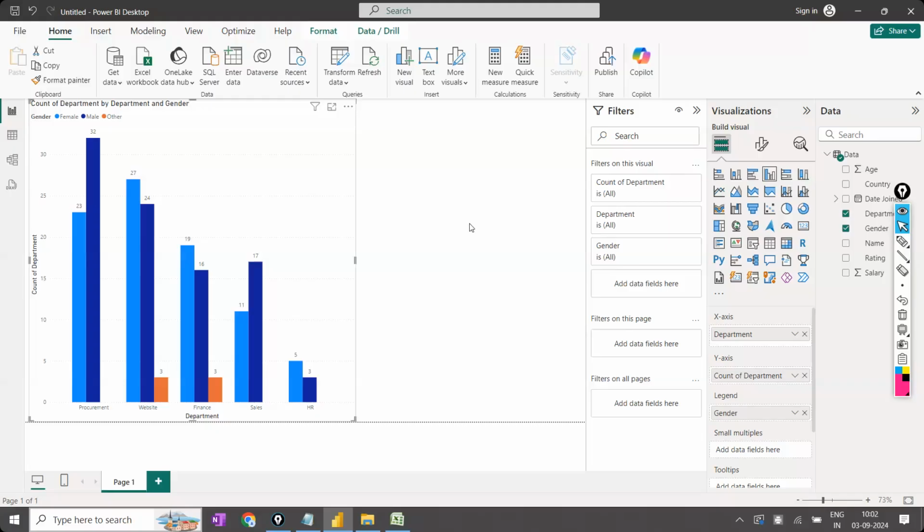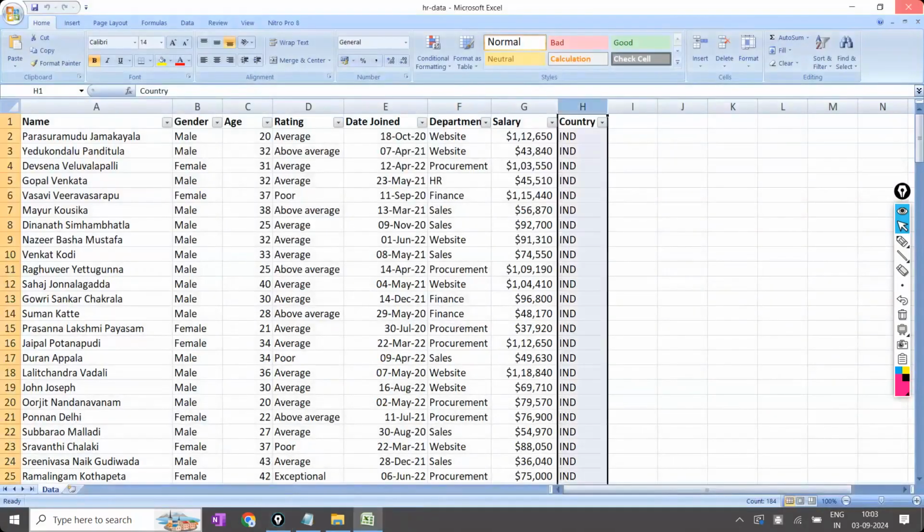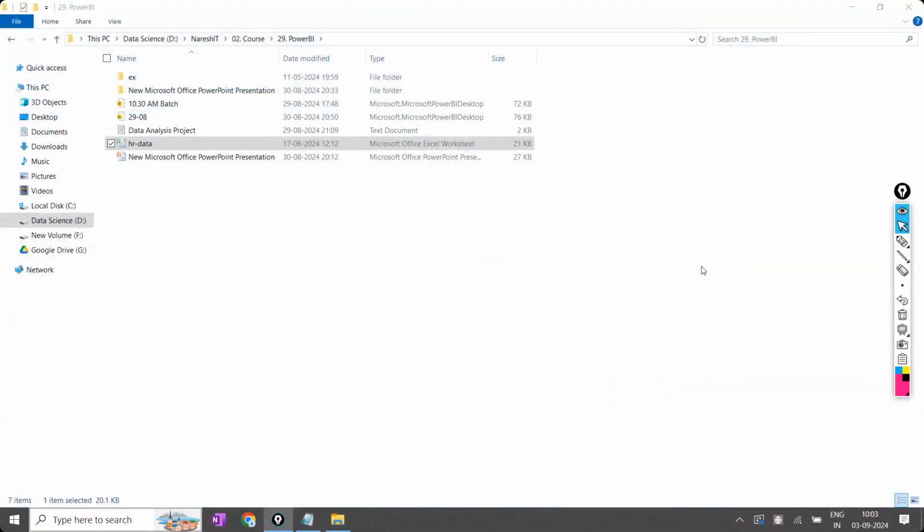Instead of text data, if you have numerical data, you have to apply different plots called histogram, scatter plot. Like this, various plots are there. We'll discuss them one by one later. You'll understand automatically, right? So I'm showing this for example purposes. In the same way, we can do it in Tableau also. Can we do the same thing in Python also? Yes, we can.